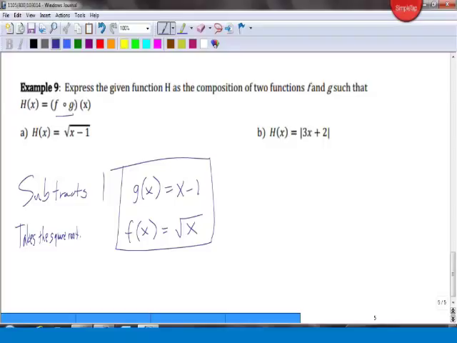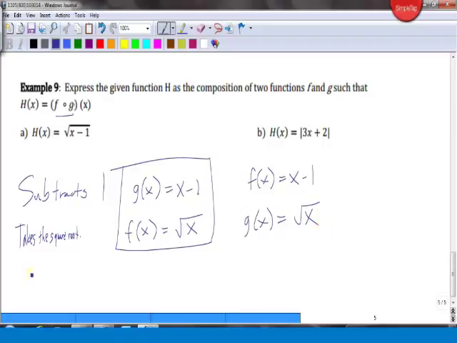Does it really matter what line you put for each function? Do you have to do g first, or could you just call x minus 1 f of x instead, and then the g of x equals square root of x? If you switch them, if you say f of x equals x minus 1 and g of x equals the square root of x,